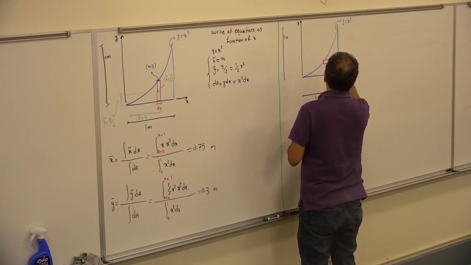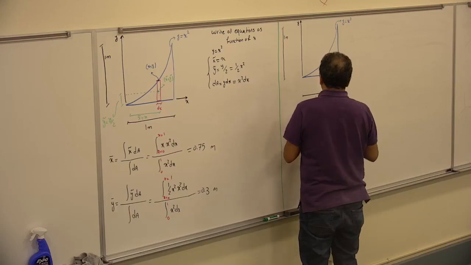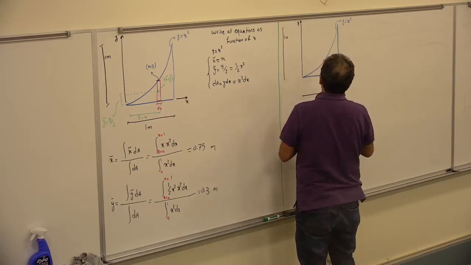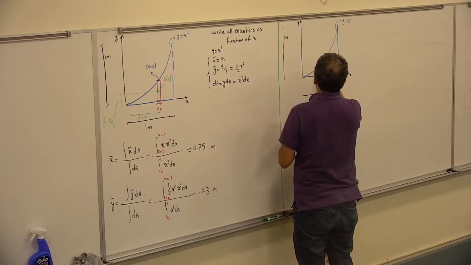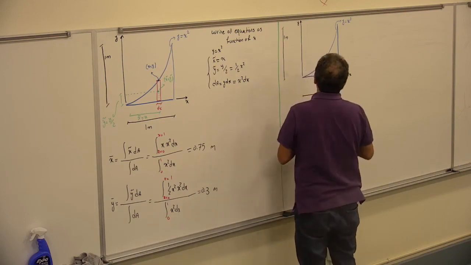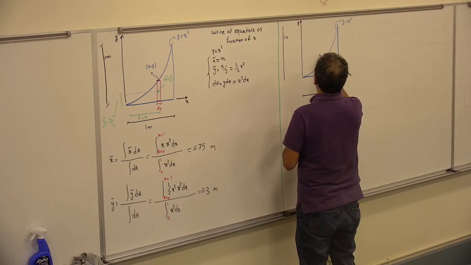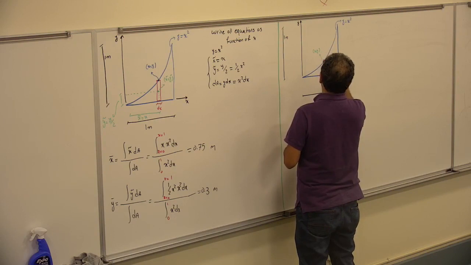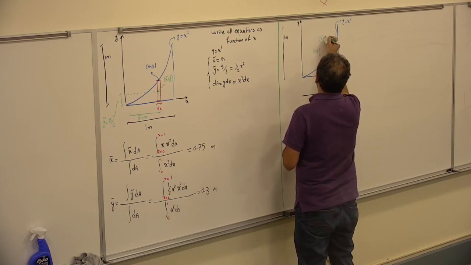That's going to be dy. The location on the curve here is x and y, the centroid of the element is x tilde, y tilde,